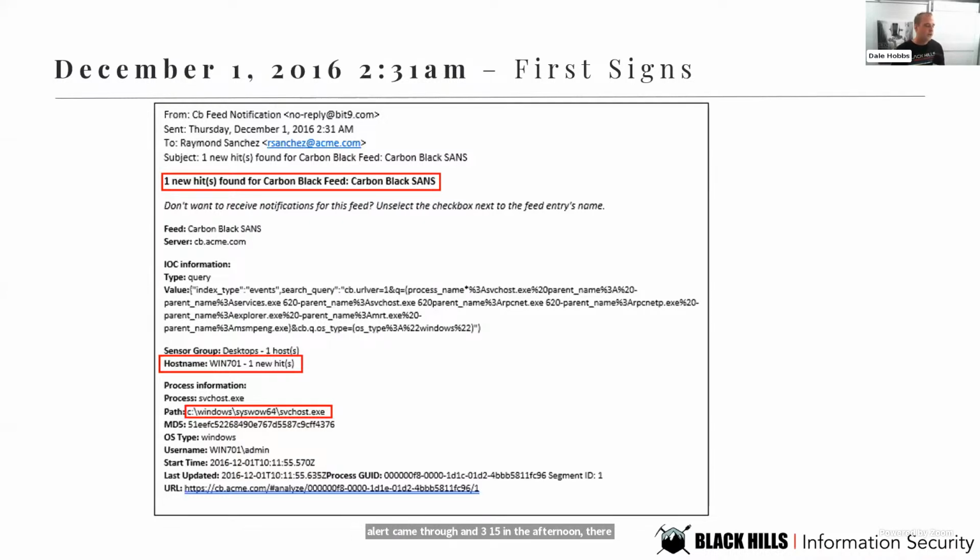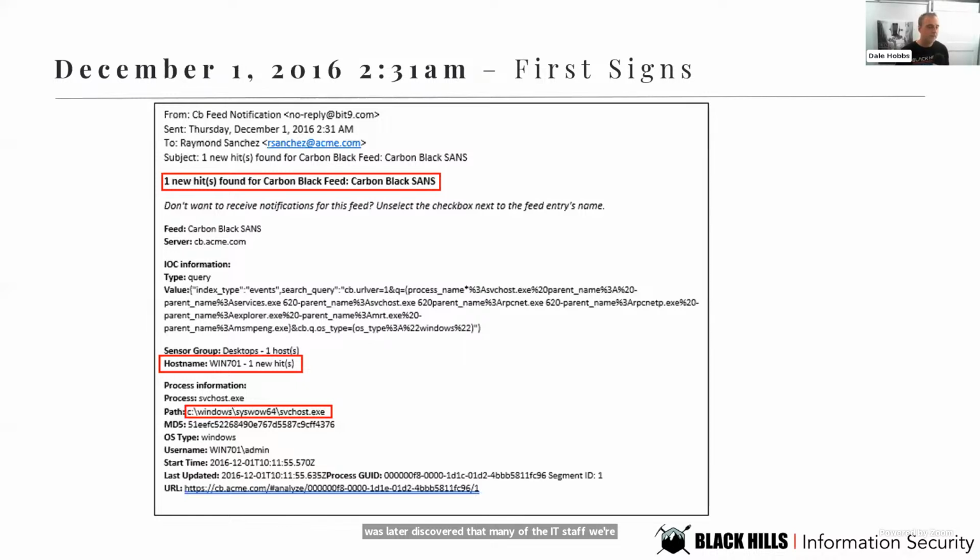So you're probably wondering, why did nobody pay attention to these? First off, everyone was busy. Everyone thought that someone else was dealing with it, or that the tools they had in place were going to take care of it. And a lot of the emails just got lost in their inbox. It was later discovered that many of the IT staff were simply annoyed with the volume of email alerts coming from the system, also known as alert fatigue.